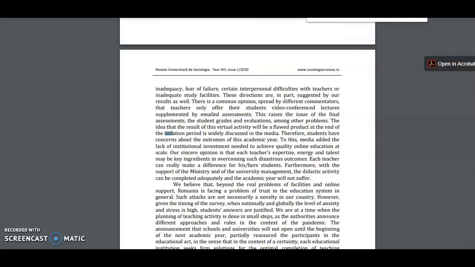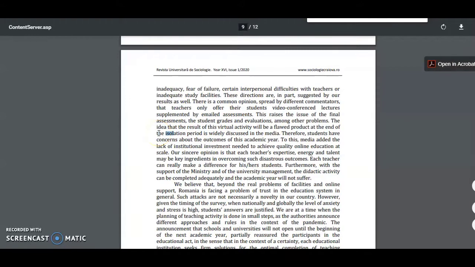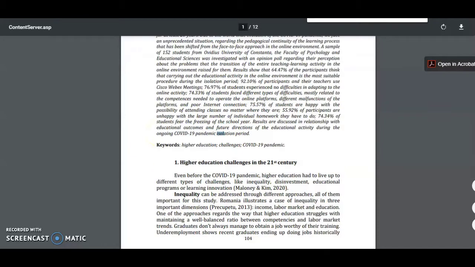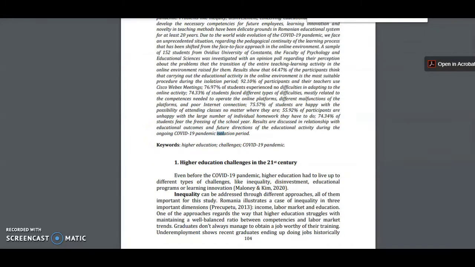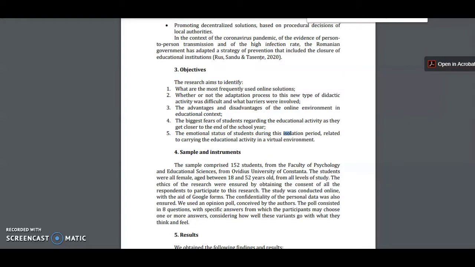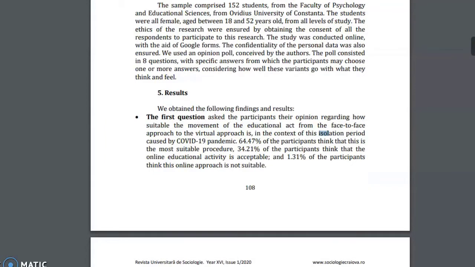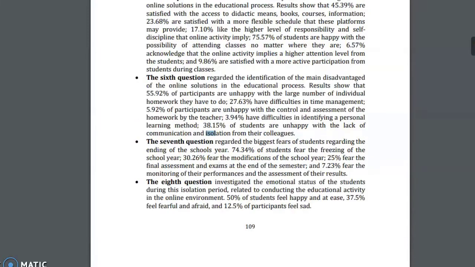I'm going to do a Control F to open a search, which you can't see in the frame. I just did the first part of isolation to see if it talks about it, and that's talking about isolation because they're under quarantine because of the pandemic. So they are looking at the emotional status of the students during the isolation period. Maybe I should try the word emotional then. Oh, okay, page 109 says